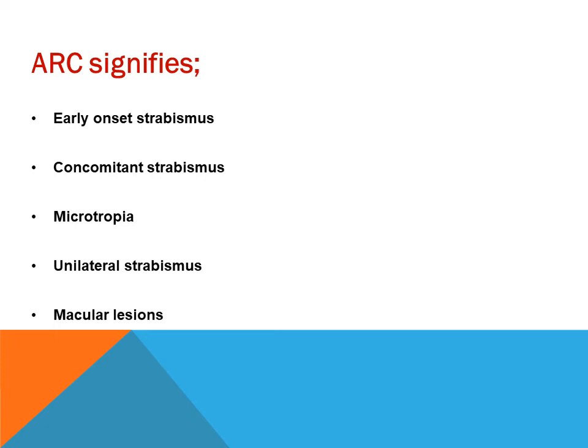In unilateral strabismus also we can see ARC, and in macular lesion, this is a very important situation where we can see the patient with properly aligned eyes, but the patient is experiencing diplopia. So on further examination, we can see that the patient's macula is affected. Because of the maculopathy, it is getting devoid of the proper stimulation by the object of regard. So as a result, a huge amount of retinal disparity is taking place because the peripheral retina is getting stimulated along with the normal macula of the other eye. So as a result, the patient is experiencing diplopia.